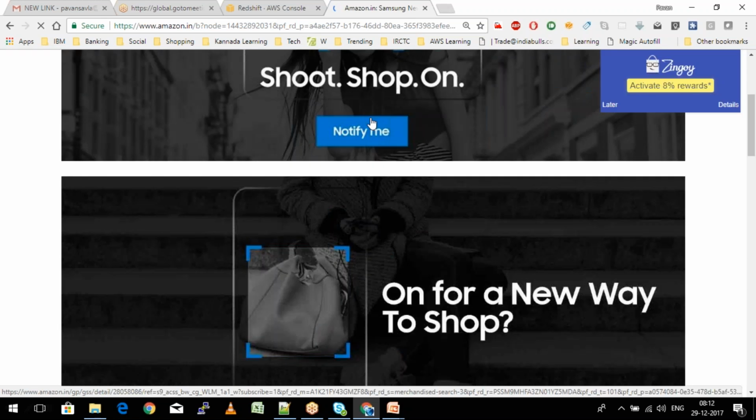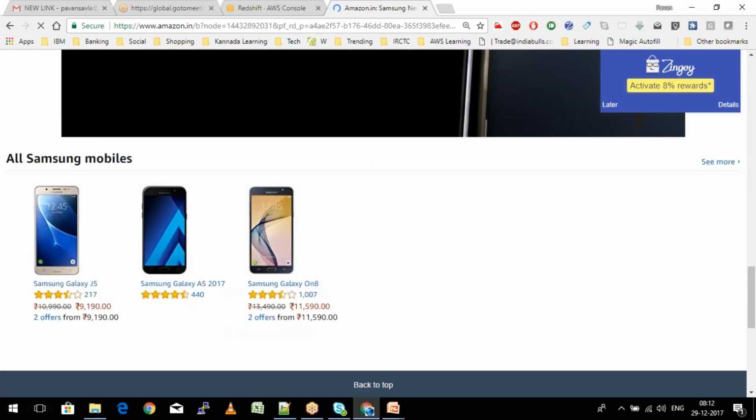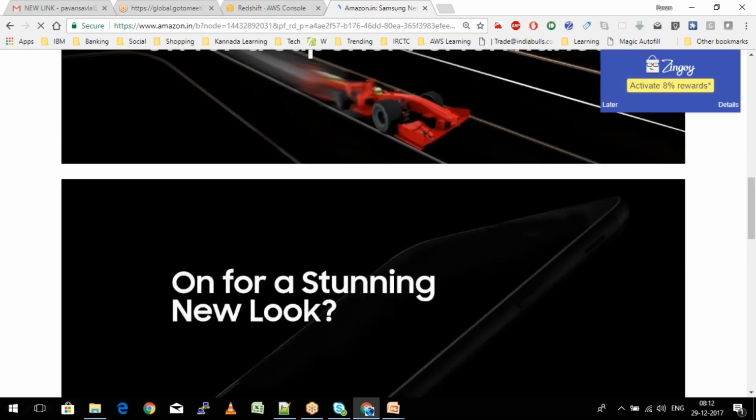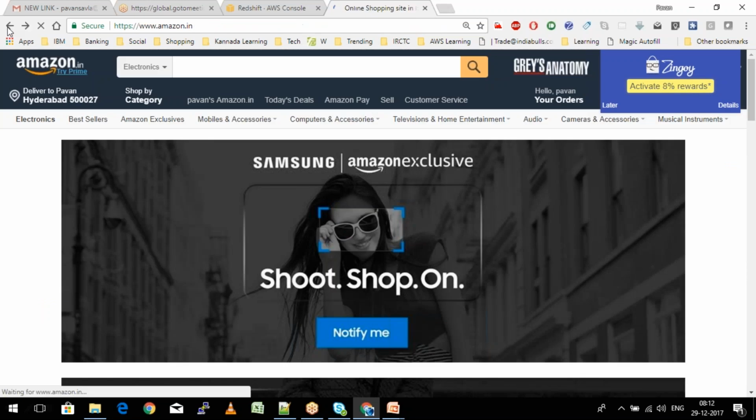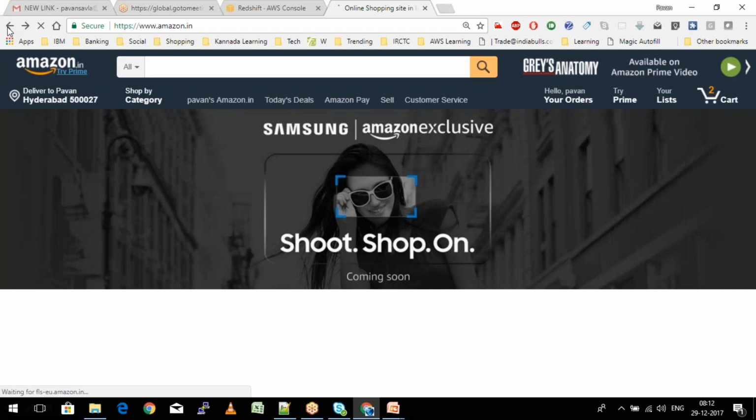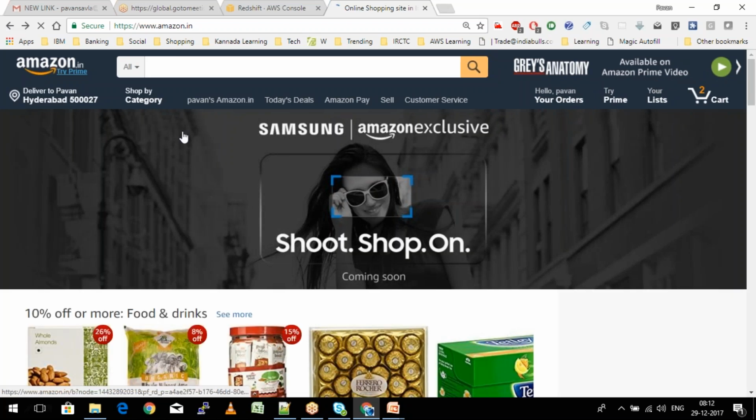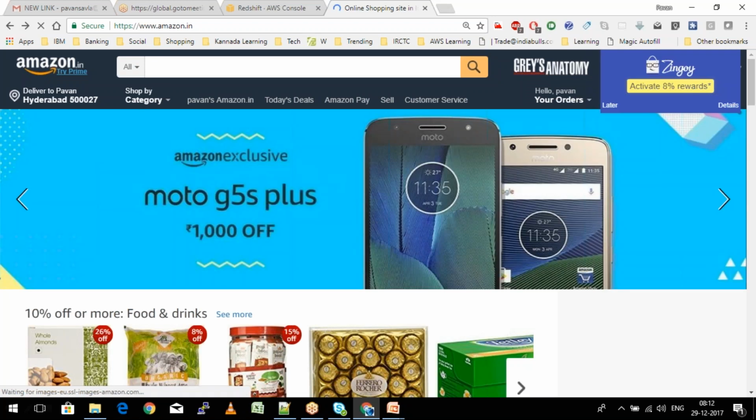Maybe there's some new mobile that's going to get launched. So Amazon surely knows that this page is going to be accessed many times in a day. So they have put it behind the Elastic Cache engine so that it can be cached and it is always served from those Elastic Cache engines.